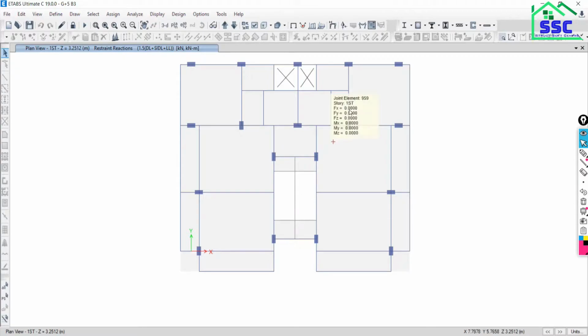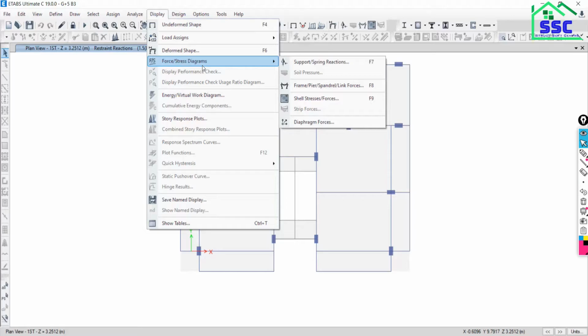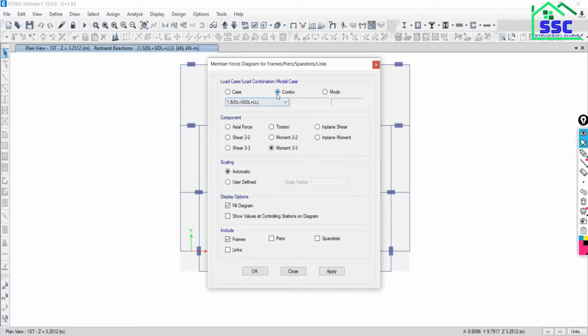Okay. Now next, I would like to see the reaction in each column. So how to see? Just go to display, go to force stress diagrams and frame results. Frame pier spandrel result. Just click over this, and under the factored load combination, I would like to see the axial force in each column. Okay, just say apply.